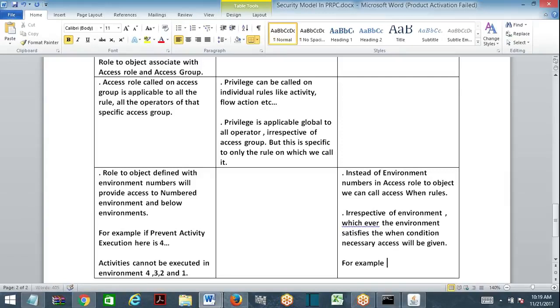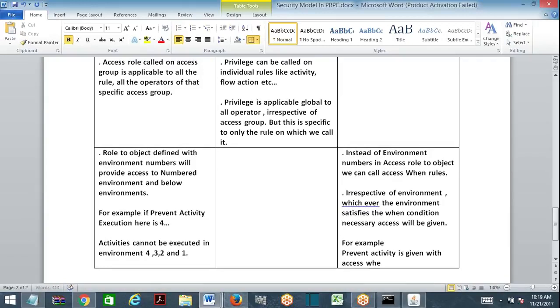For example, prevent activities is given with access when, added with access when a is equal to 10.